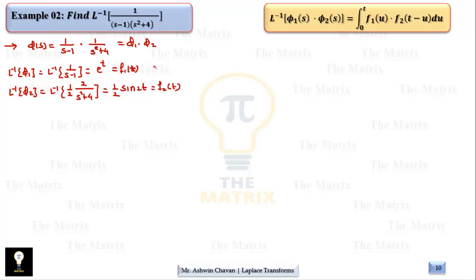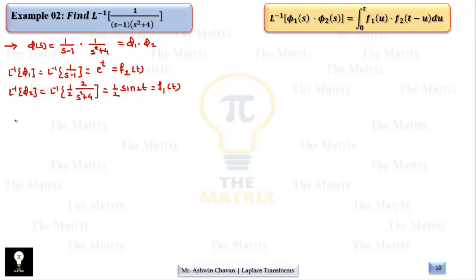Now for simplicity, since the convolution theorem says the second function gives us f2 of t minus u, that is every t to be replaced by t minus u, sine 2t will be a little difficult to solve. So what we do, we call the second function the first function, that is we call this f2 of t and this f1 of t. Doesn't matter, they are in product form.